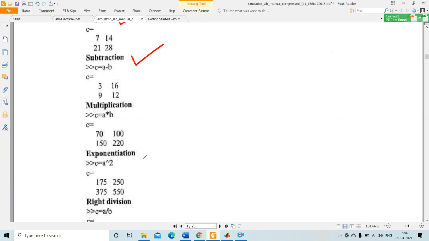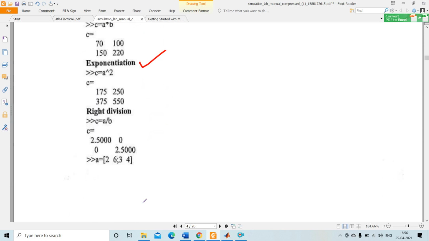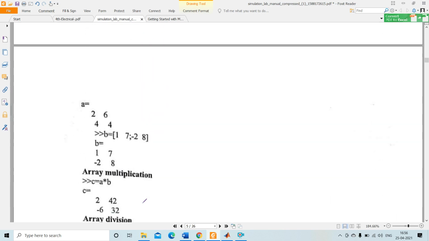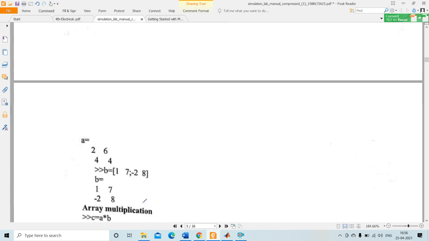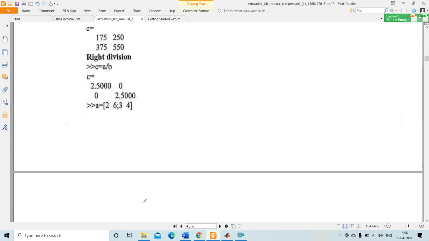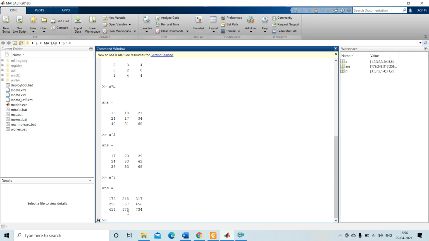Okay, so exponentiation is done, multiplication is done, then right division and left division, you can perform anything. Okay, so if I write a divided by b, this is also matrix division.